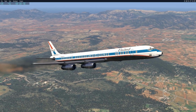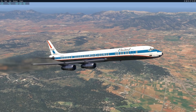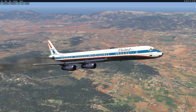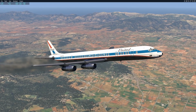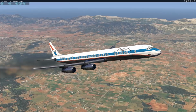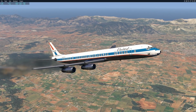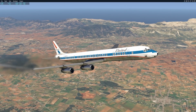But yeah, let's actually do some comparisons now. Let's compare the DC-8 to the 707 a bit. Actually, these planes were extremely similar. Both planes were around 150 feet long. Why am I talking in past tense? The planes still exist and they still fly. That's kind of cool, by the way. The wingspan of both planes is around 140 feet. The maximum takeoff weight is also very similar at